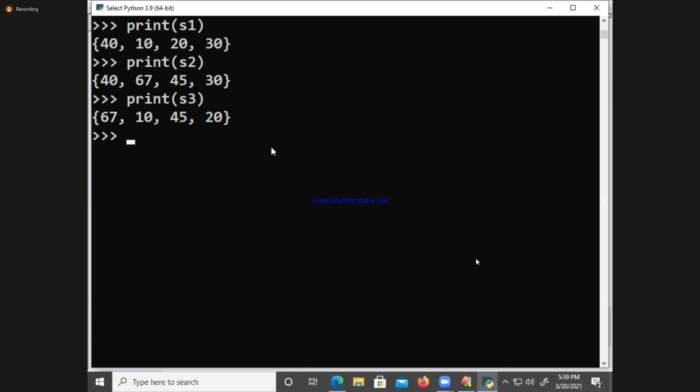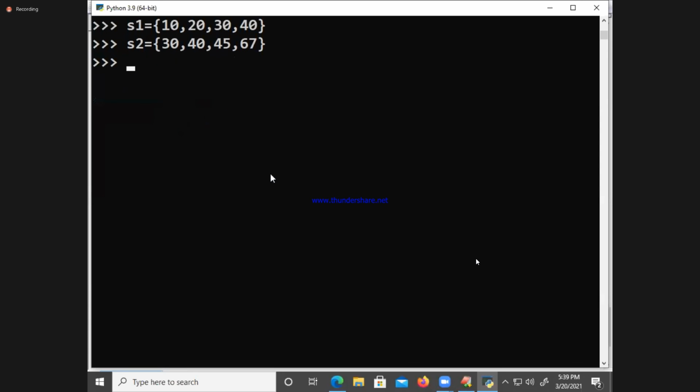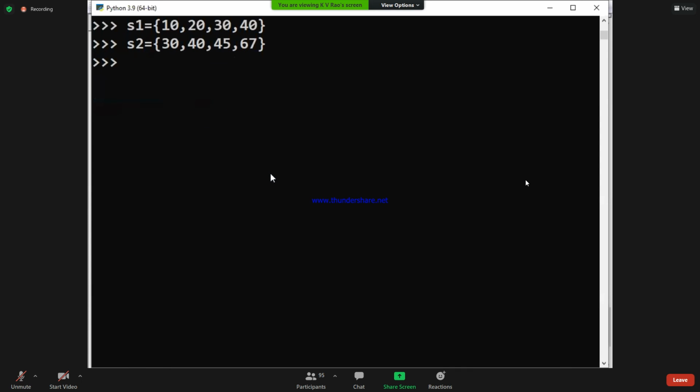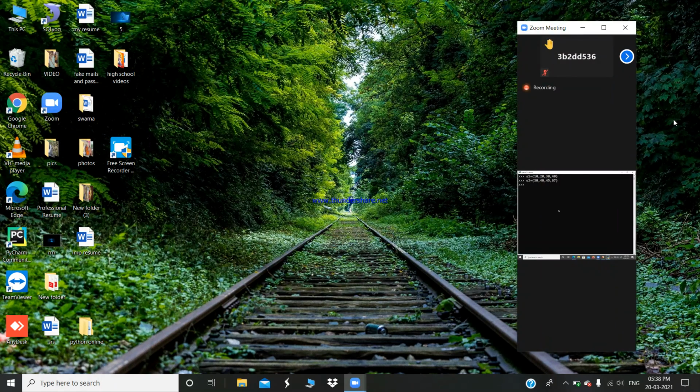I will take S1 again, S2 again. Now I am going to take symmetric difference update. Which one am I updating?